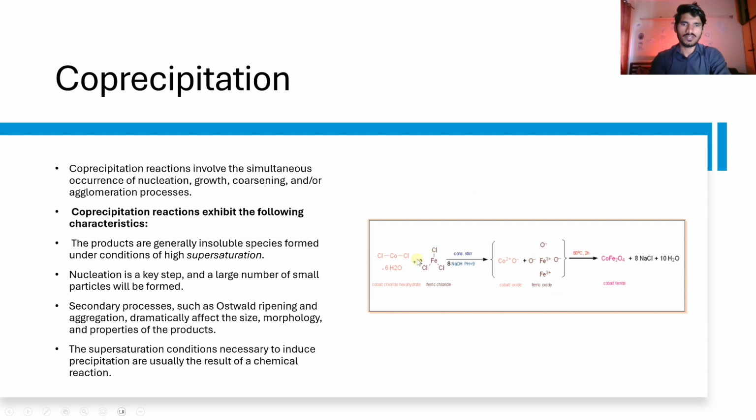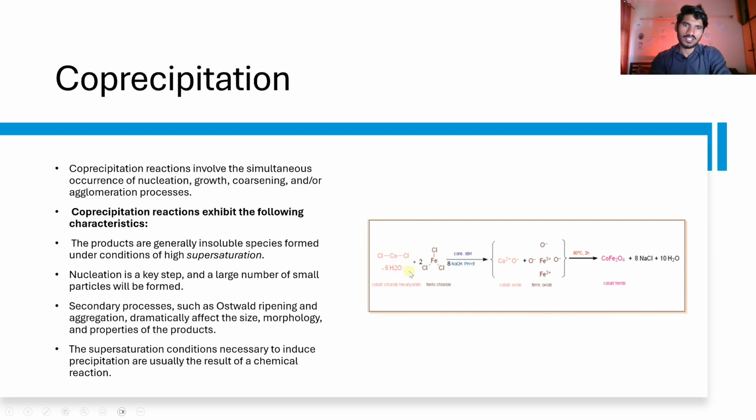Okay, so moving on towards the reaction, we have cobalt chloride and ferric chloride, and both of these will combine in the presence of sodium hydroxide. When they combine in the presence of sodium hydroxide, the sodium will take away all of these chlorines and will form NaCl,